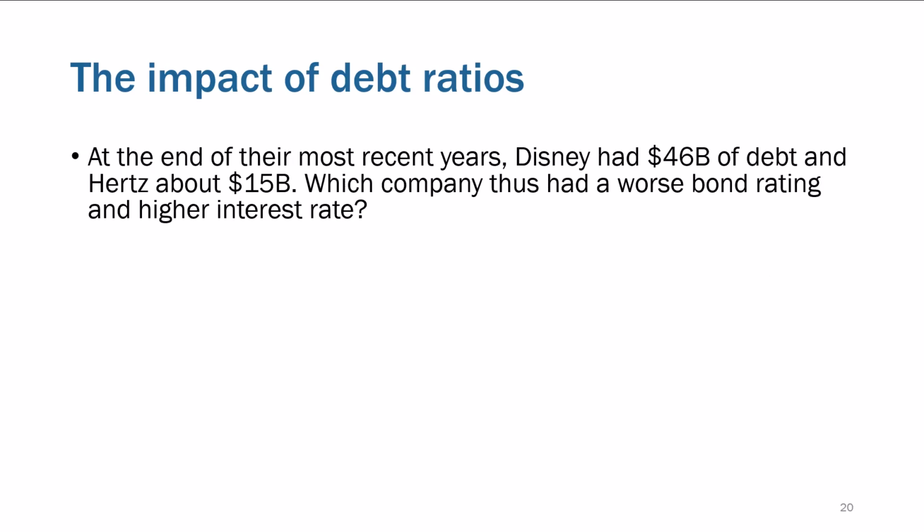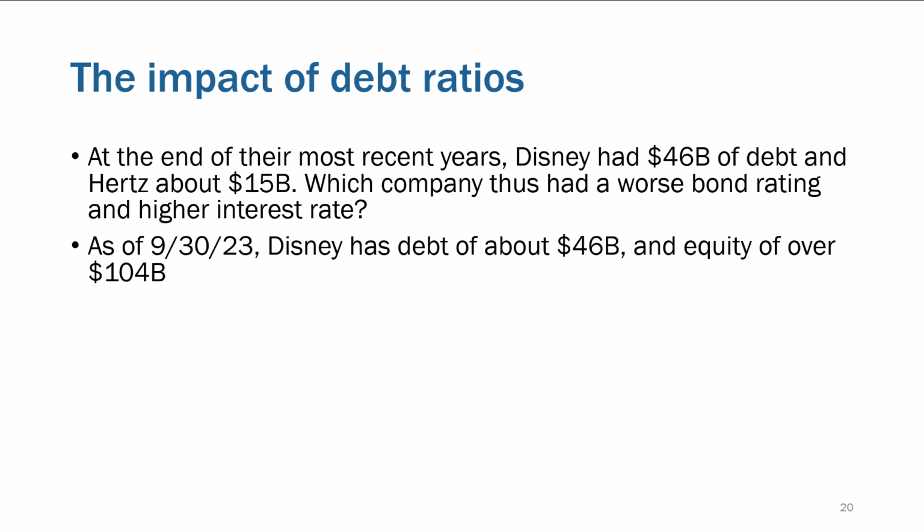Well, the impact of debt ratios. At the end of their most recent years, Disney had $46 billion of debt. Hertz had about $15 billion of debt. So which company thus had a worse bond rating and a higher interest rate? Now, if you just looked at that really quickly, and if you have not done a lot of financial statement analysis, you might say, well, that sounds like Disney. They've got more debt, right? Well,